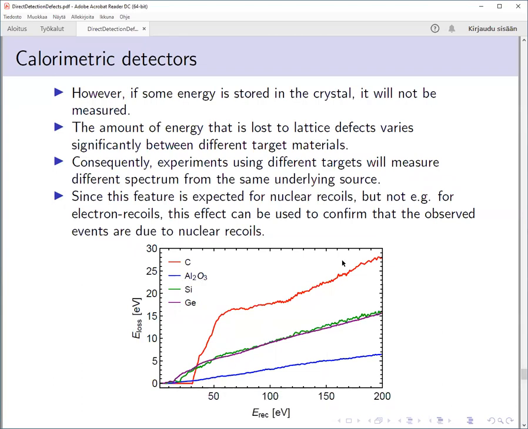And what we see specifically for diamond is that it has this funny behavior, that there is a sharp threshold, because the diamond lattice structure is very rigid. For recoils below 30 electron volts or so, there is no defect formation, so there's no energy lost. And then very sharply, the amount of energy lost in the recoils rises. Whereas these other materials have a steady slope, so every time you hit it, you on average lose some energy in the recoils. But for diamond, you first don't lose anything, and then you start to lose a lot. And this creates a funny